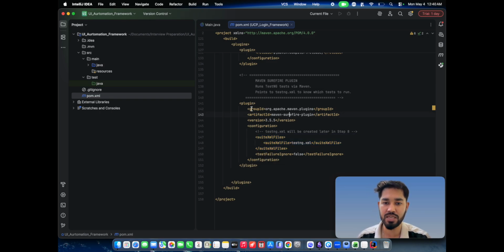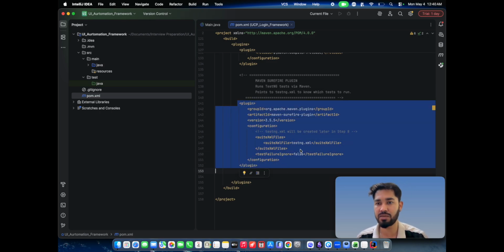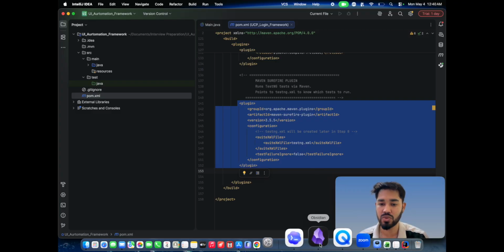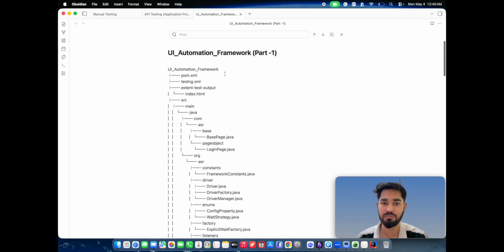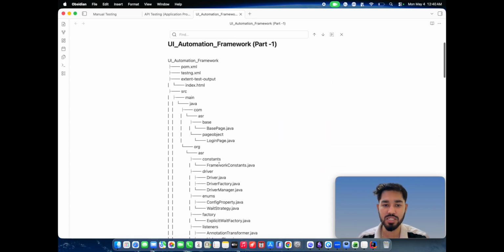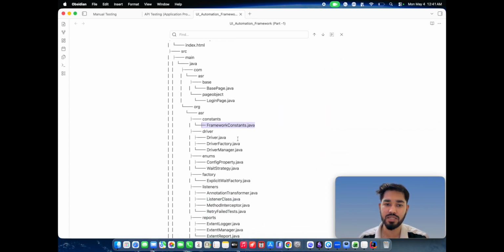All those things will be inside this plugin. So this is pretty much about the pom.xml file and how we are going to execute using the Maven command. And if you want to build those things, what will be the project structure? Those are the things we have already discussed in part 1. In part 2 we are going to discuss the framework constants, how we can define them, and what all